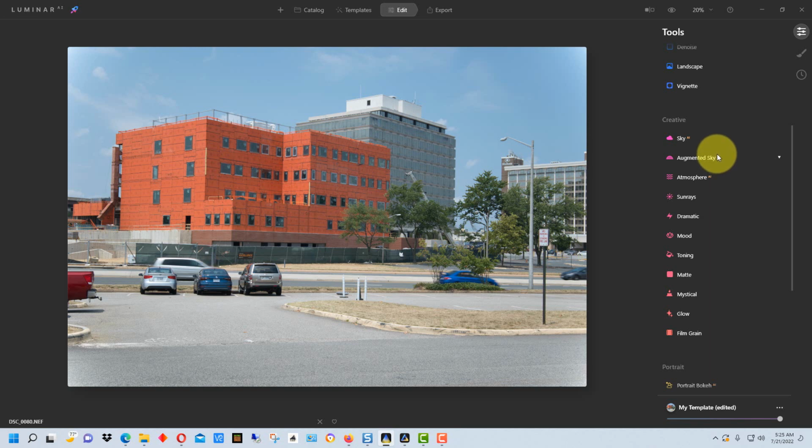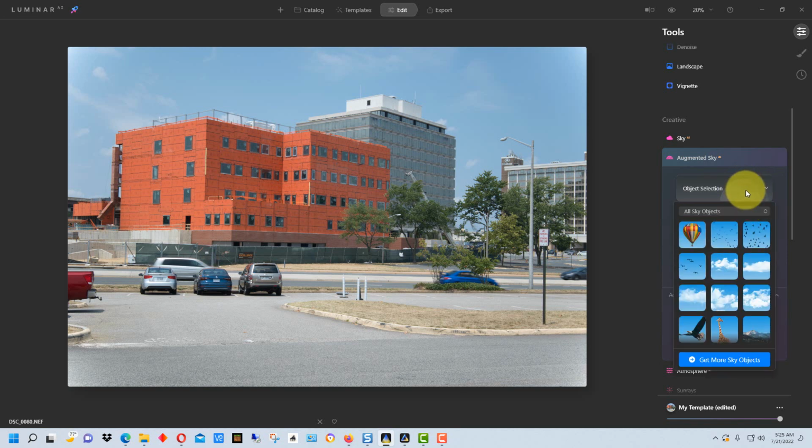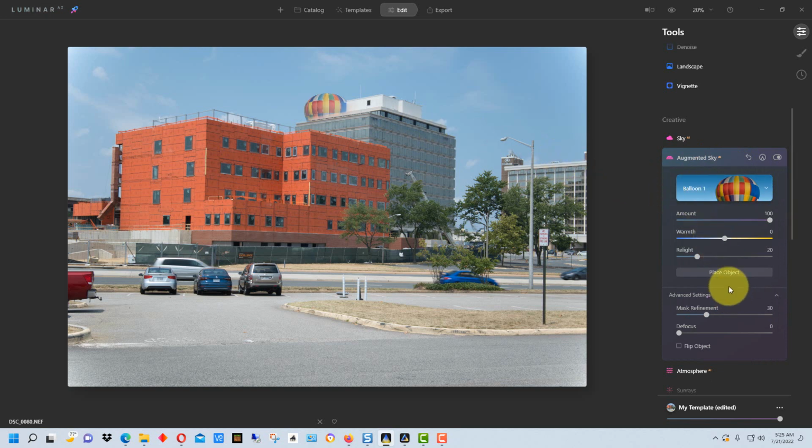Now, Neo has layers, whereas Luminar AI does not, and Augmented Sky actually used a layer-like technology, so if we want to put a balloon in this picture, we can actually click here and tell it where to place it. So you can do that type of thing with layers. So I don't know if they're going to move this over. It's more of a fun kind of thing. It's not real super useful, whereas a more flexible layer thing will allow you to do similar things but more